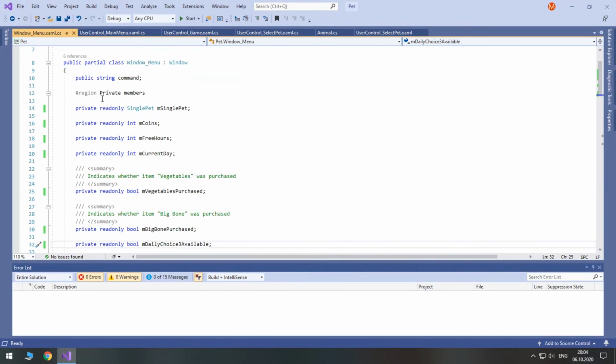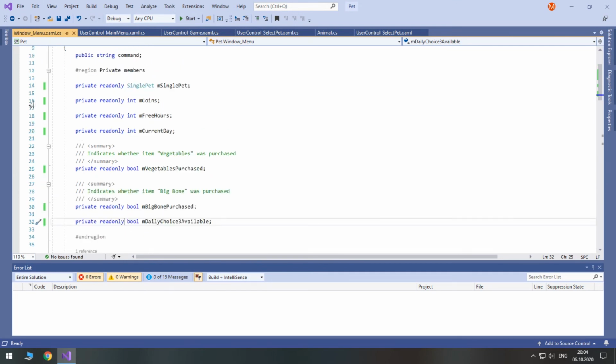So again, why you need to use const and readonly? First of all, you don't have to, but it is a good practice. It helps you not to accidentally change fields that need not to be changed. For example, I wanted to change the field called m money, and instead I accidentally changed m price bone. And using const and readonly modifiers, I'm safe not to do that without error warnings.